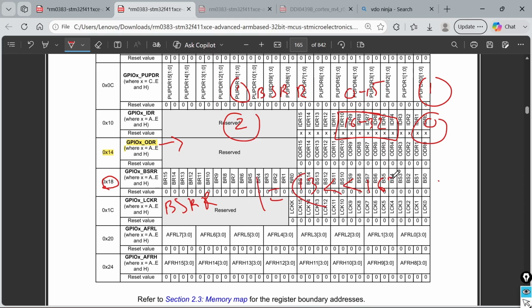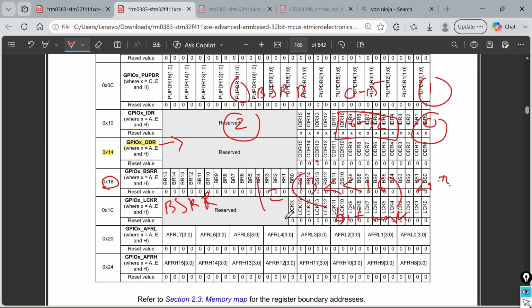This is the bit mask. What this will do is you are writing 1 in the 13th bit with offset 16, that is the 29th bit, but it will write 0 in ODR. ODR is 13th here. This was our goal.